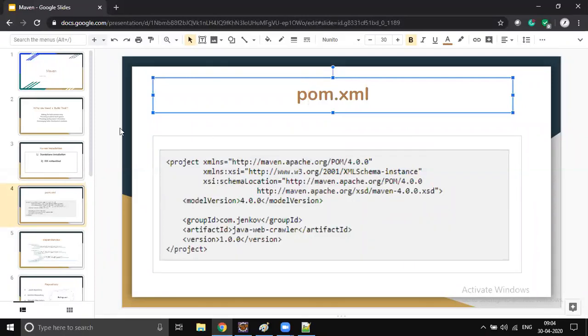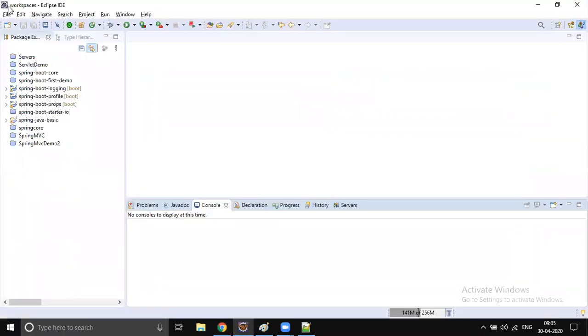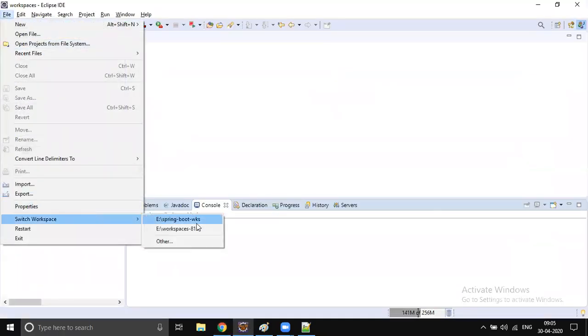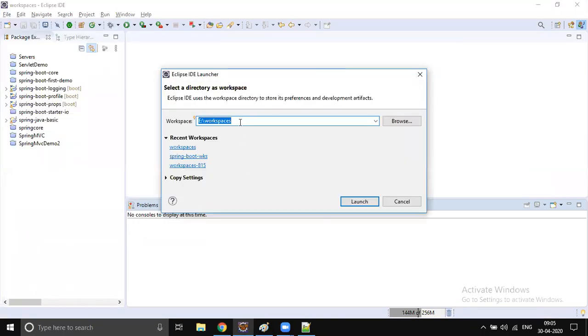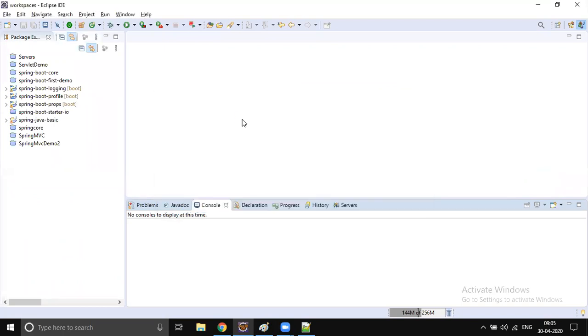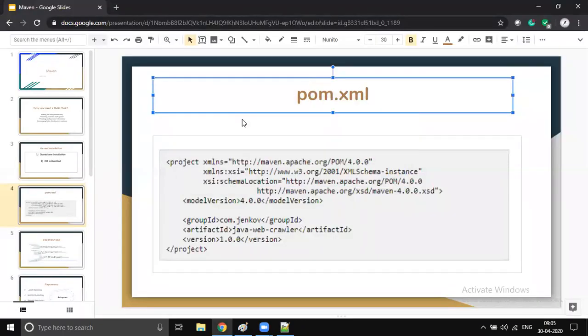Okay. So let's create one simple project using Eclipse. Let me switch into a different workspace. Can you guys try with me parallelly?